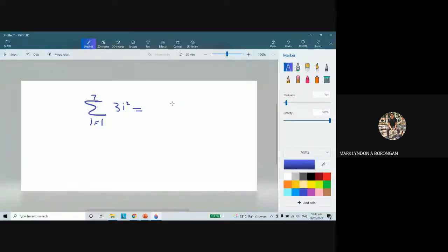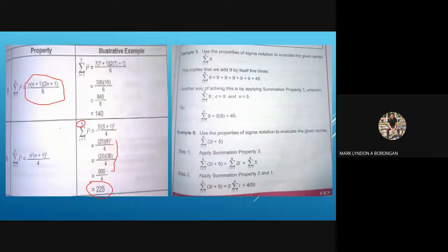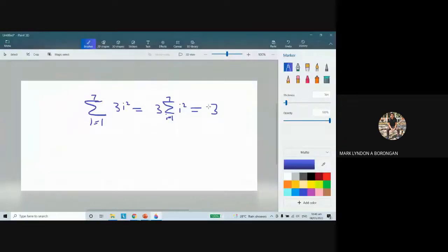So the summation of it becomes 3 times the summation of i squared from 1 up to 7. So that's it. Isn't it doable, since it is i squared? So 3 times the i squared, which is i squared, from 1 up to 7. So that is just 3 times